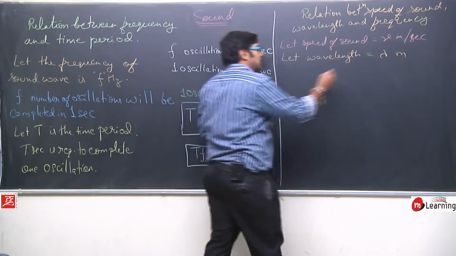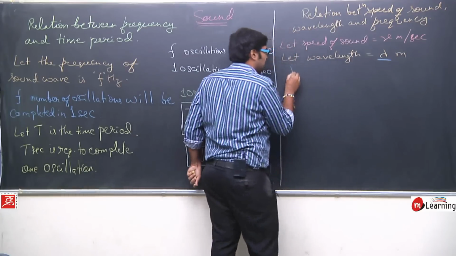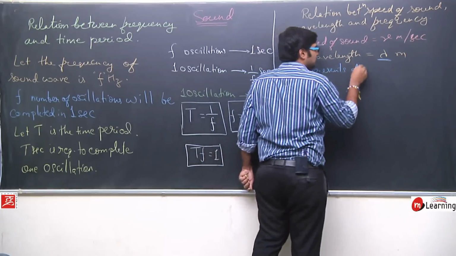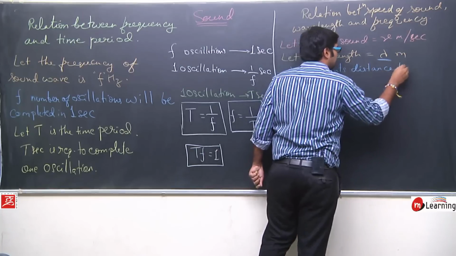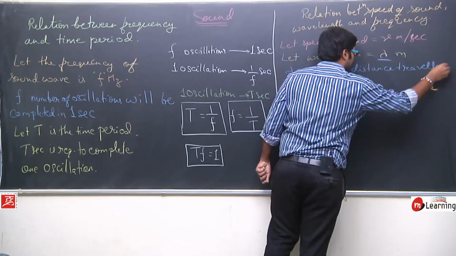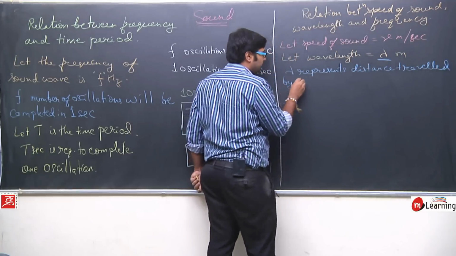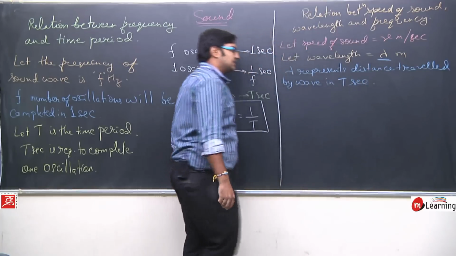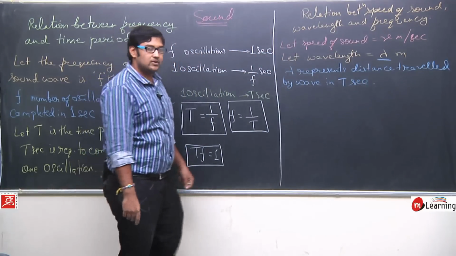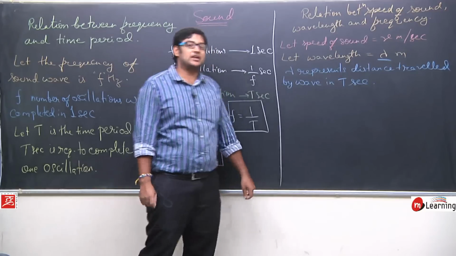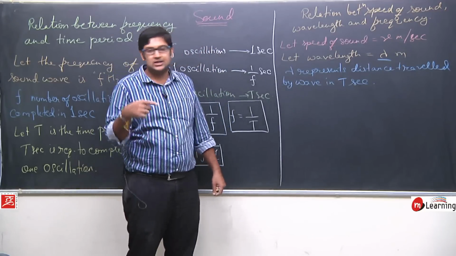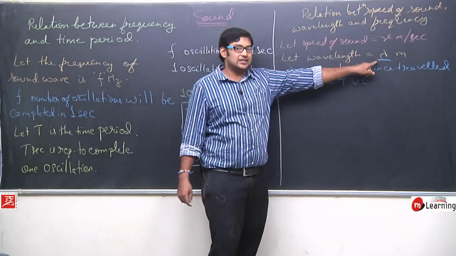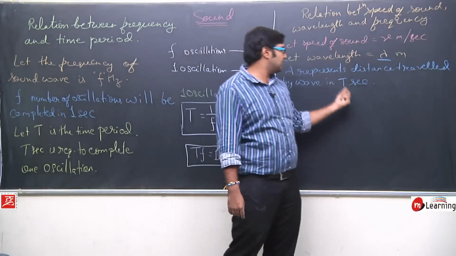Okay. So lambda represents distance travelled by wave in t seconds. Okay, distance travelled by wave in t seconds, where t represents the time period. In 1 time period how much distance is travelled, that will be known as lambda. So can I say that lambda is the distance, t is the time period or the time, and v is